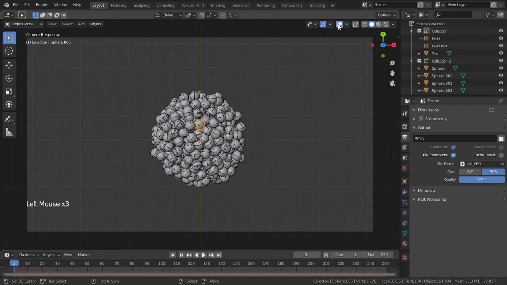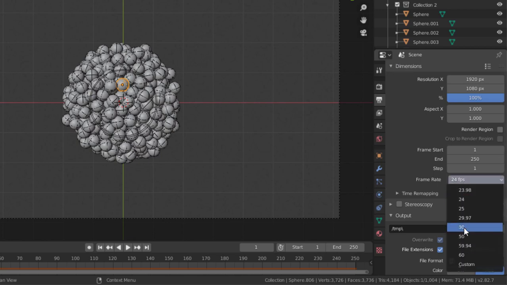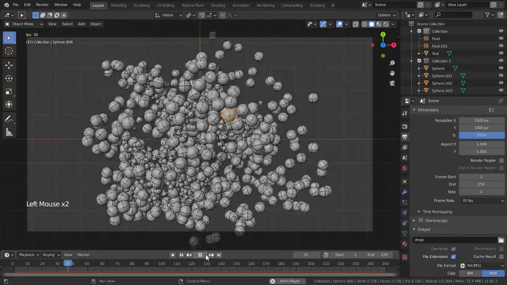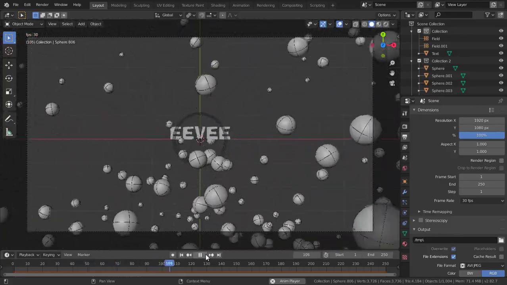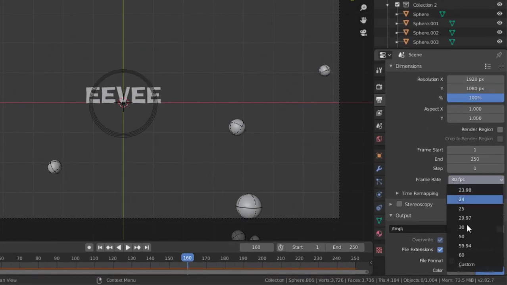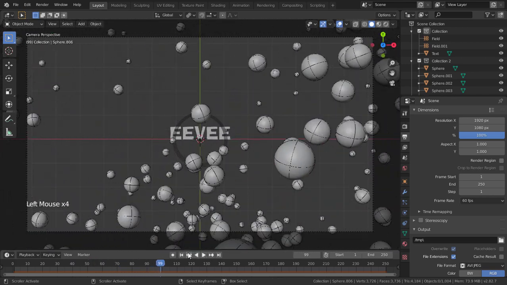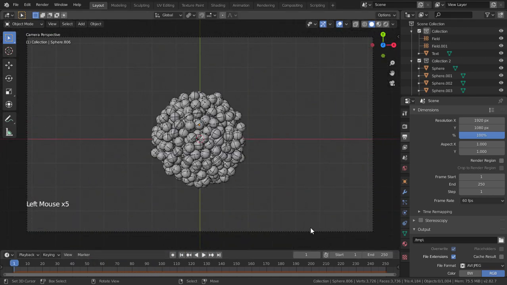Increasing the frame rate will give the best Blender physics simulation. Therefore, simply set your frame rate to 30, and click the play animation button. You can see there are no physical simulations happening in the animation. It just speeds up the animation and fills up the frame rate. Just set your frame rate to 60, and click the play animation button. Now you can see it clearly, it speeds up the animation. We have to fix this.